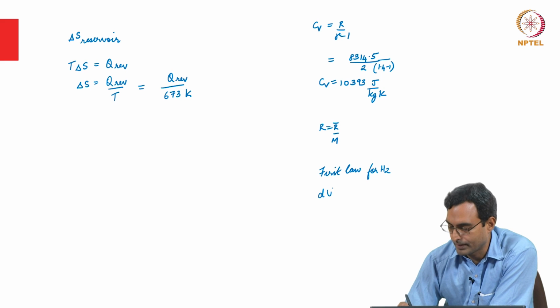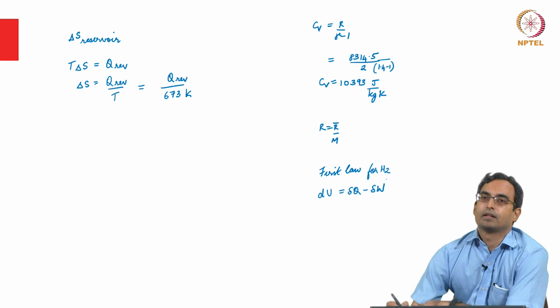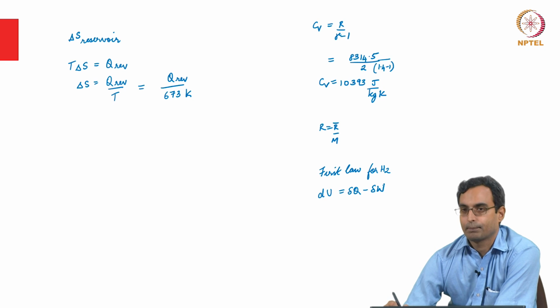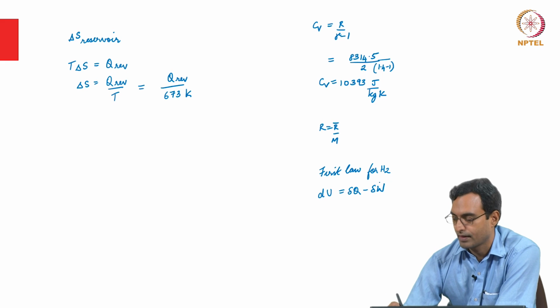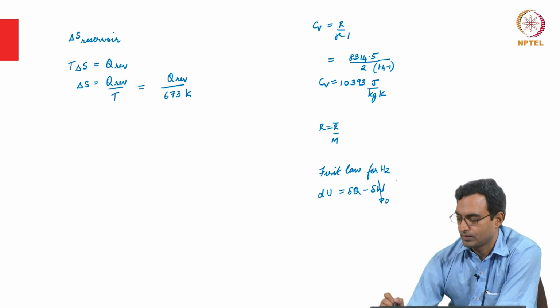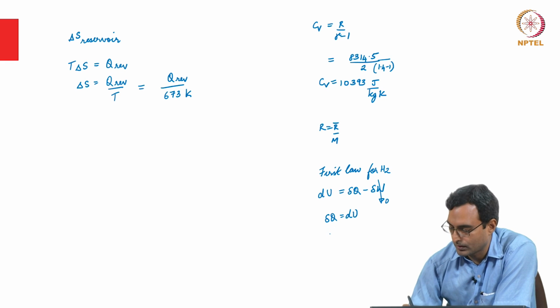So, I can replace it by dU is essentially del Q minus del W. For the hydrogen it is a rigid chamber, there is no electrical or mechanical work, there is no displacement work, there is no shaft work and so on. This would be generally PdV and dV is 0. So, del Q is essentially dU, or Q is delta U,